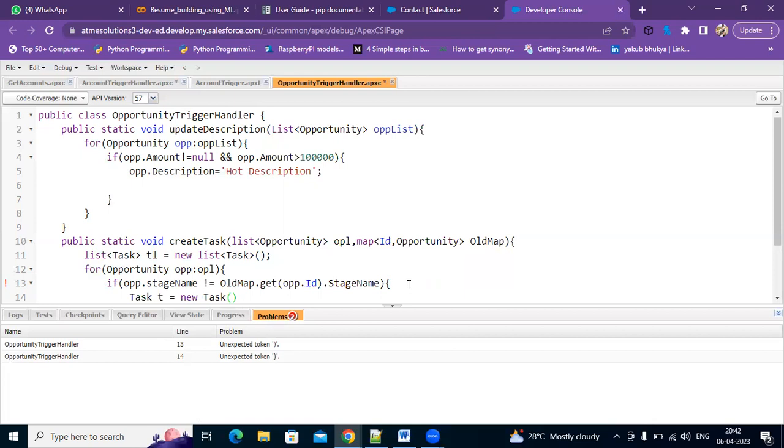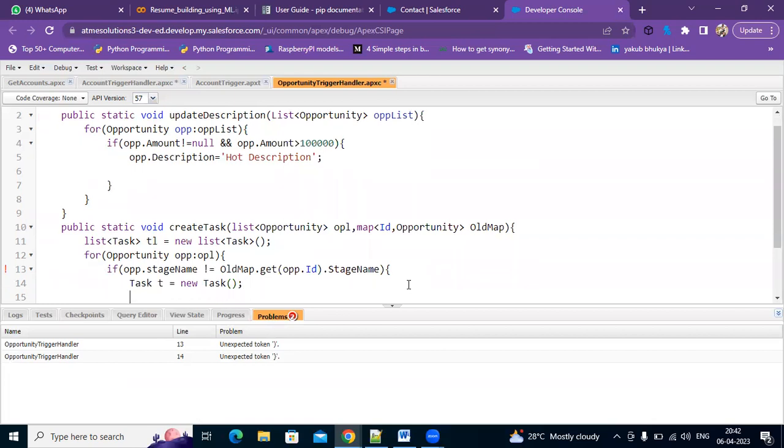New Task. Okay, so after this, what we need to do is we need